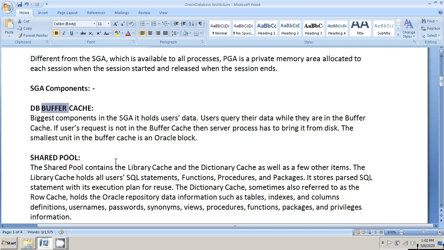Oracle is very aggressive about the DB cache hit ratio. Oracle says almost a 95% DB cache hit ratio should be there, else people will talk about performance issues. That's why we keep the DB buffer cache size as large as possible.